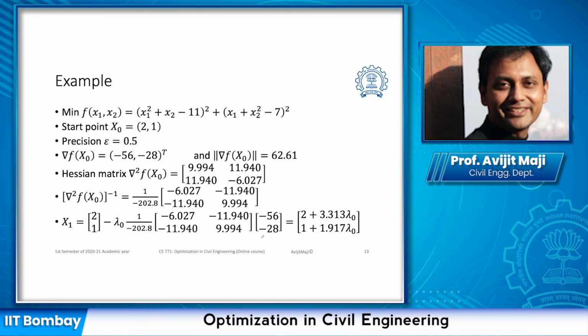If we are trying to use the Newton's method, we have this objective function value, and this time we are starting from a different point, which is 2, 1. We have the same precision value 0.5. Now at this particular point, if we find out the gradient, we'll find that to be this, and the scalar quantity of this gradient is 62.61, which is very high compared to the precision which we have set. So we are estimating the Hessian matrix or the second order derivative of that